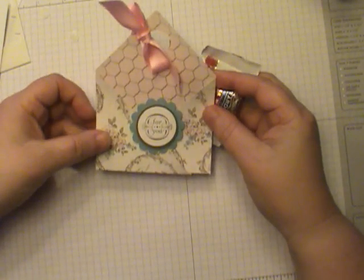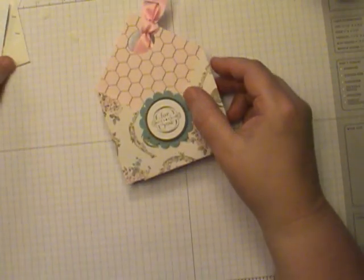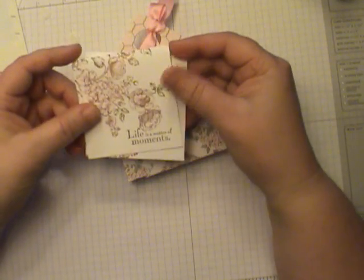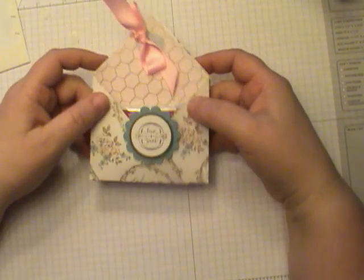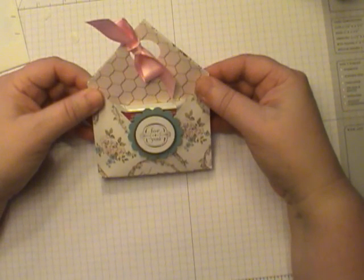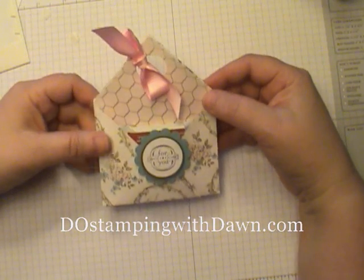You can see that. Some of the things that you could fit in your pouch is candy. The Ghirardelli squares fit perfectly in here, so that's a nice little fit. Another thing that fits really nice is Stampin' Up's mini envelopes. They're sized to fit a 3x3 card, so those will fit in here. Other things could be tea bags or little cookies or even a gift card. So I'm sure you can find some useful things to put in there and nice little surprises that you could give to special people. And I hope you enjoyed this double